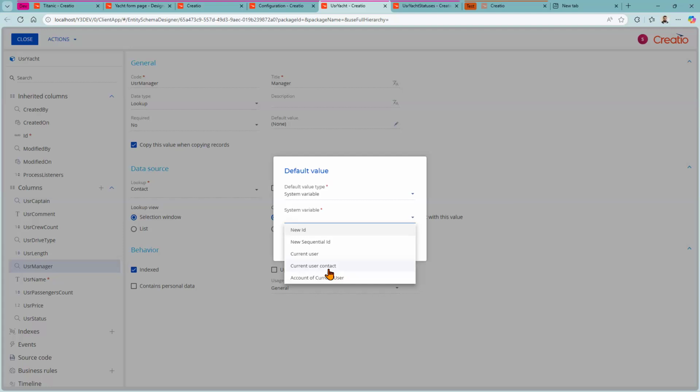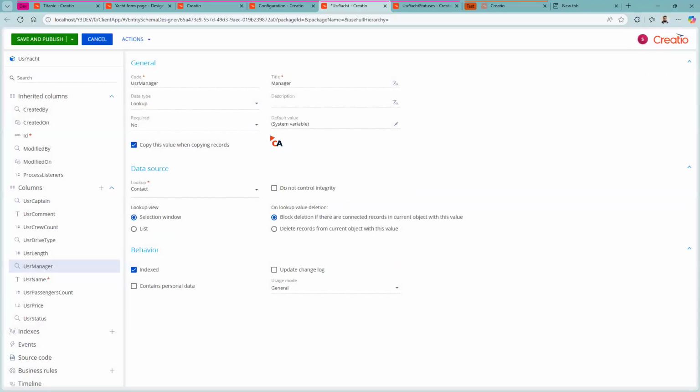So with the system variable, the system will be able to extract from the current user session information what is the ID of the current user, and through that, what is the ID of the contact behind that user. And that contact will populate our manager. And this is, well, fail-safe. But if we go to status,